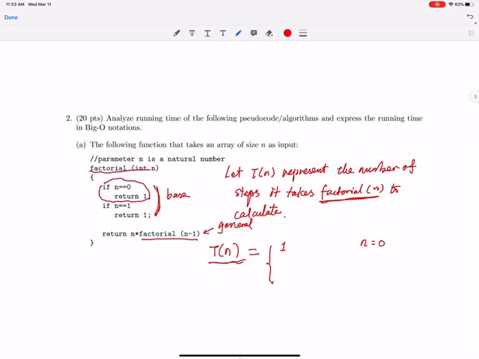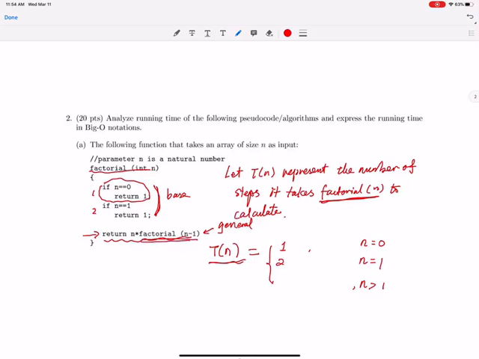Okay, so similarly, when n is 1, when the input parameter is 1, we're going to have one step, two steps. Totally 2 steps is enough. But otherwise, that means when n is greater than 1, we'll be at the general case. So what happens here is, we will execute this statement,